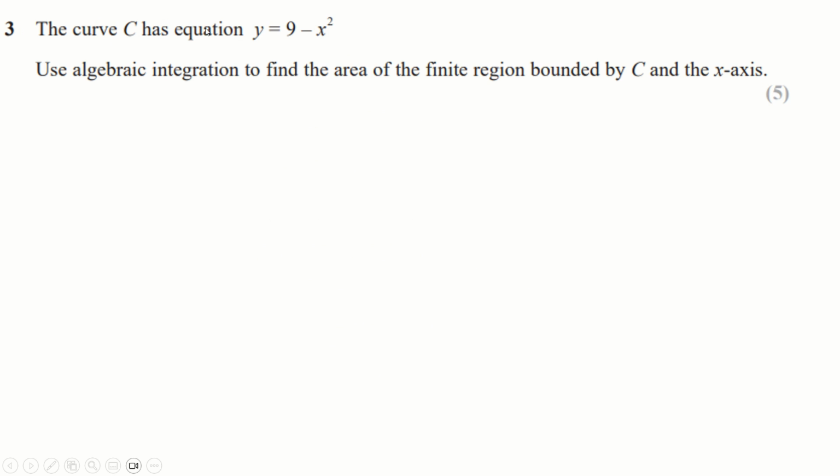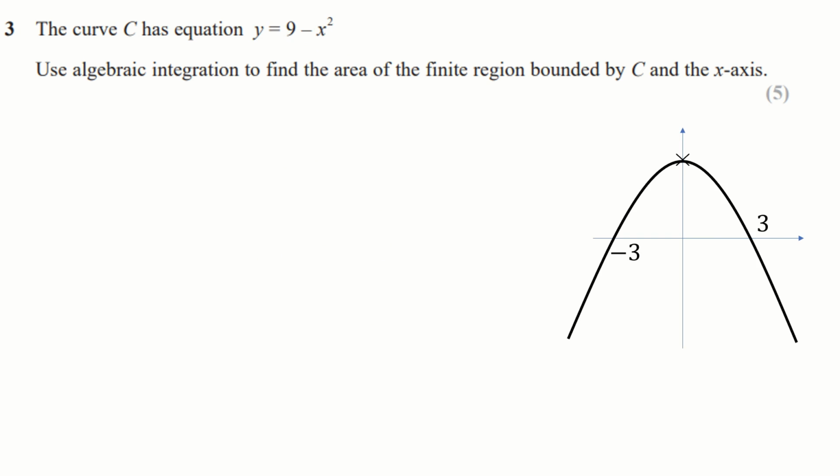For question number 3, then, this curve is this. So let's draw it. It's a quadratic with y-intercept of 9, and it's upside down, so it's going to look like this. It's symmetrical because there's no x term. And the roots here, well, when this equals 0, we just clearly have x is plus or minus 3. So the area we're going to look for is this area here, which is bounded by 3 and minus 3,